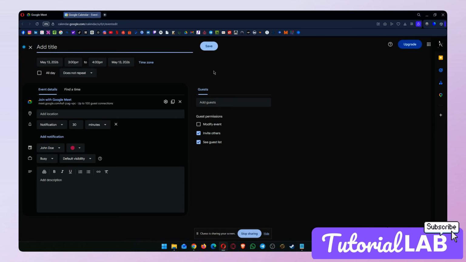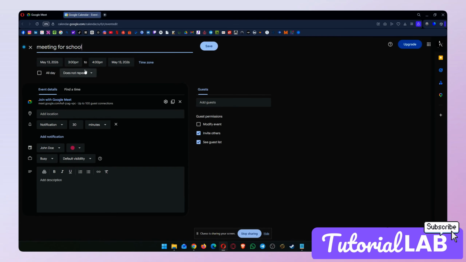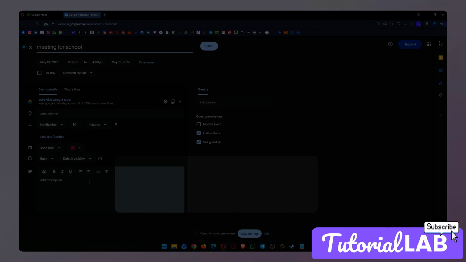Once we are in the scheduling window, we just need to enter the name of the meeting, for example, Meeting for School. Then we set the date, time, and duration. If we want the meeting to repeat, we can adjust that here as well. We can also add a location, set notifications, and include a description to let guests know what the meeting is